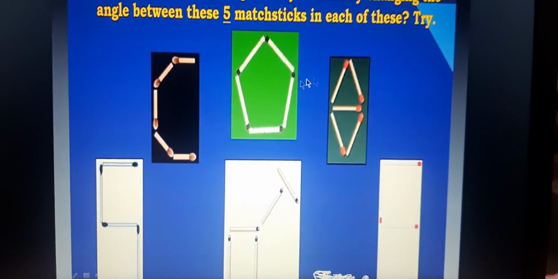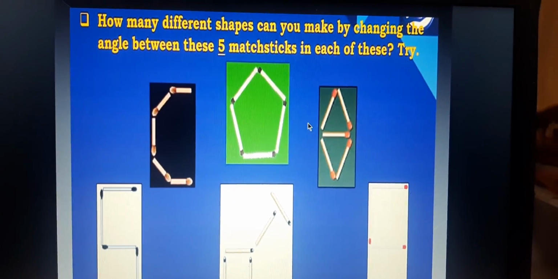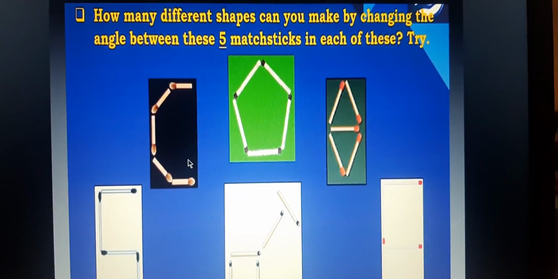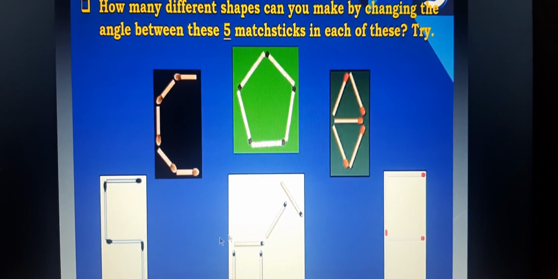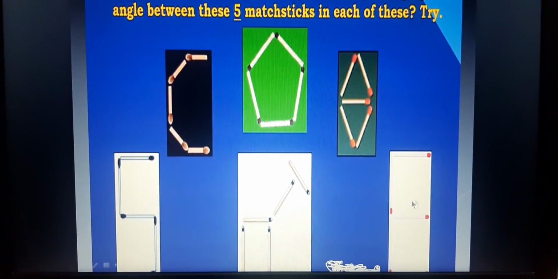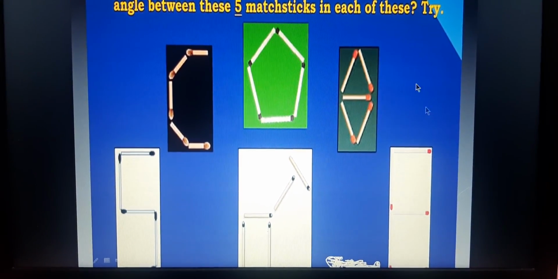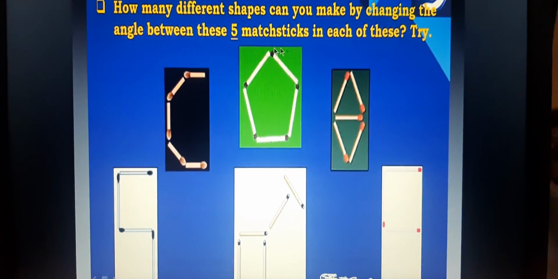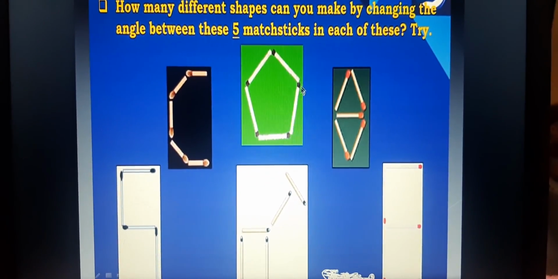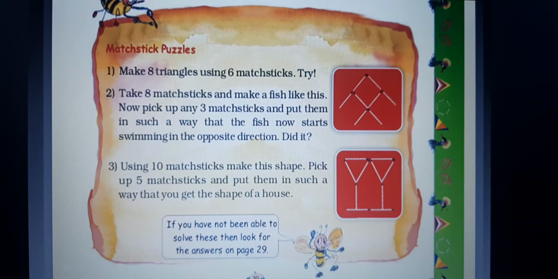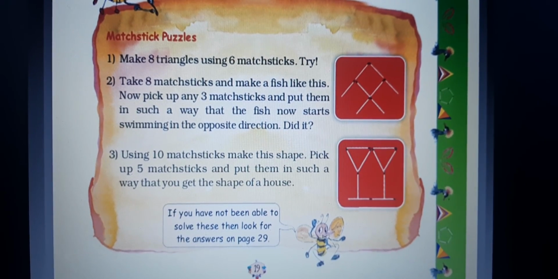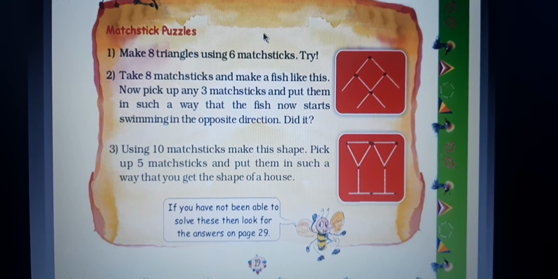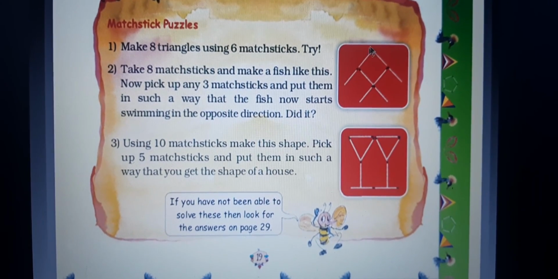So one more is given with the 5 sticks. With 5 sticks, many examples you can make. That is, you can make a C, right? The triangle here, the chair shape, the number 5, the alphabet E, right? So like that you can make a formation of these shapes, okay, by using these matchsticks. Okay, here is the activity given for you to do yourself in your textbook itself. You can try this on your own and you can solve your puzzles here.